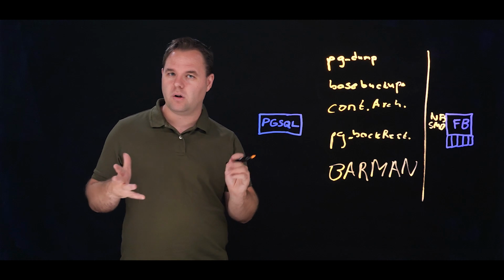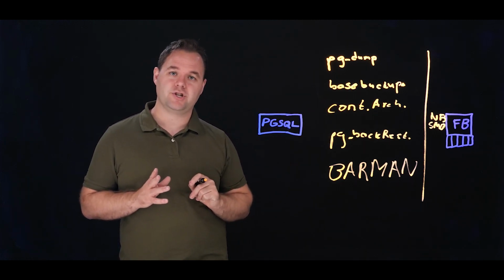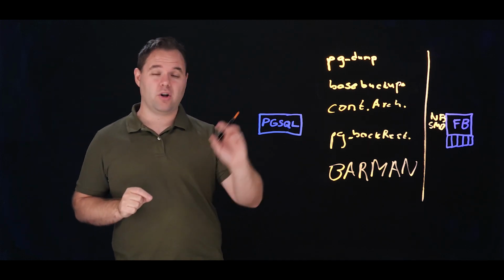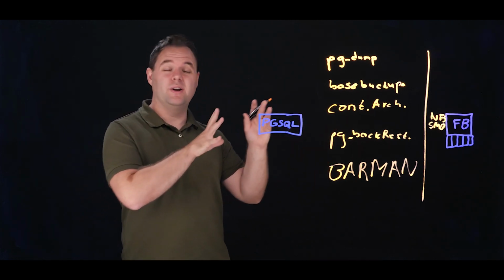Continuous archiving is simply saying in the script, copy from here to here when required. pg-backrest is a little more involved. It requires you to have the file share mounted at a specific location and then specifying a stanza and a policy for that backup data. Barman is also very similar to pg-backrest. The story is the same.